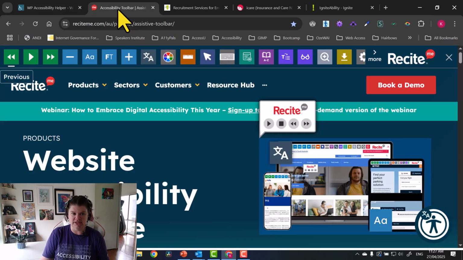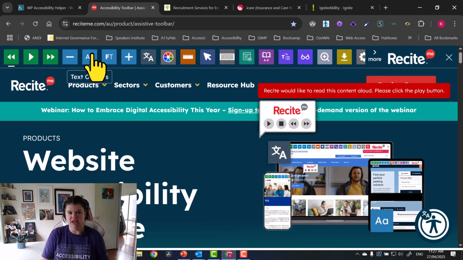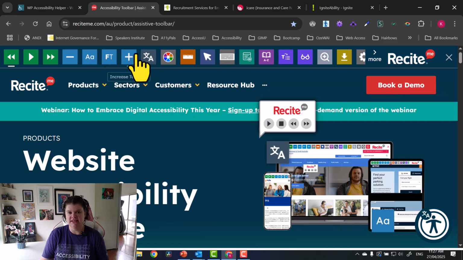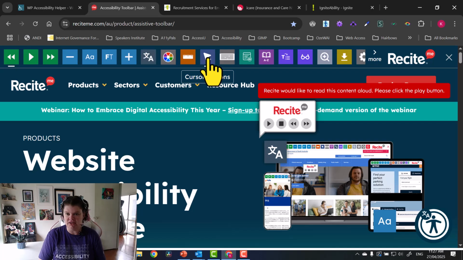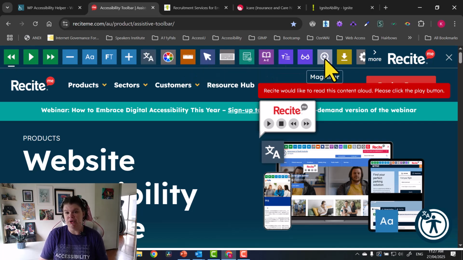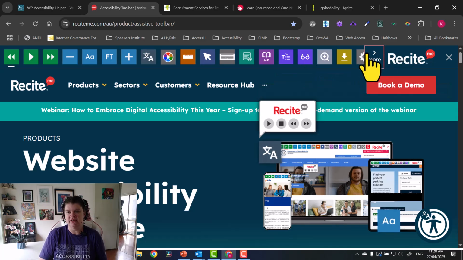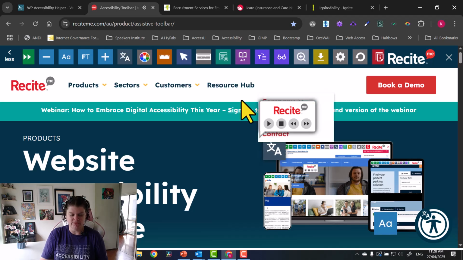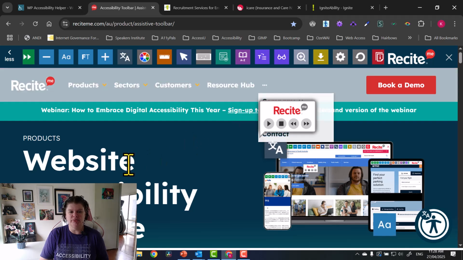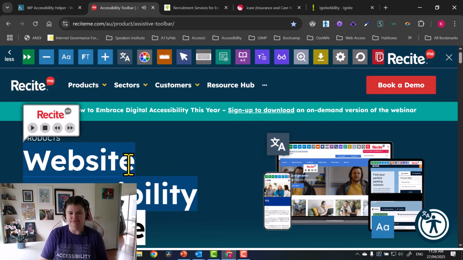If we jump over to the Recite Me, you can see again there are a lot of different items here, and if you hover over, you can see we've got text options, focus text, we've got increasing text size, we've got color themes, we've got changing of the cursor, we've got a dictionary, and we've got a page summarizer. So many different tools, and there are more as well. Now, one of the problems I have with Recite Me is as you pause